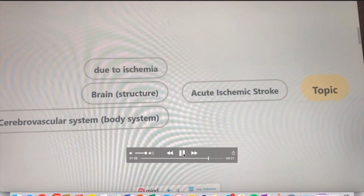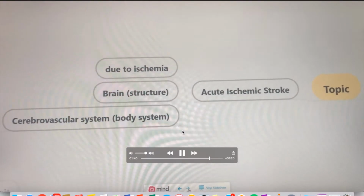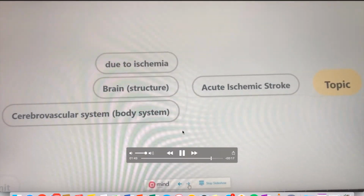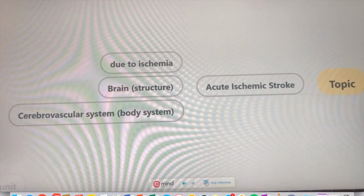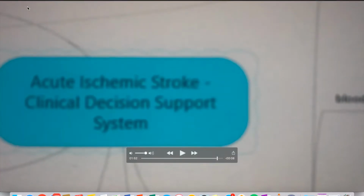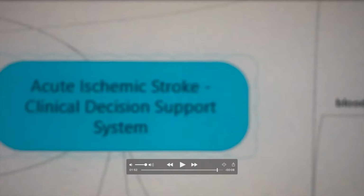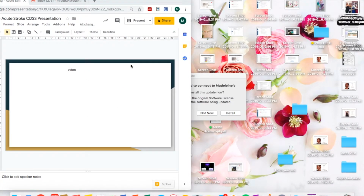And then this just goes back to the topic of acute ischemic stroke, due to ischemia in the brain, in the cerebrovascular system. And that shows the whole map as a whole. So if I go back to my presentation,